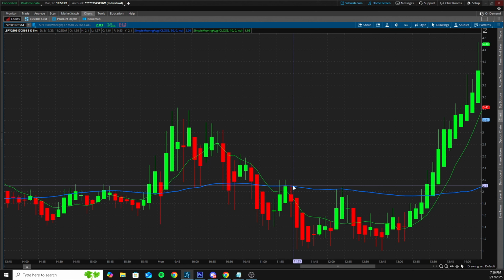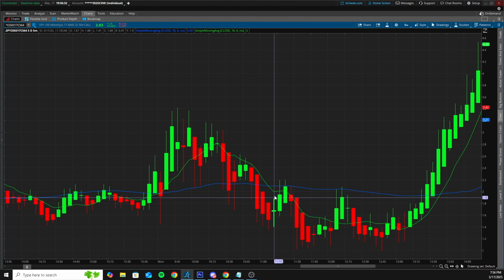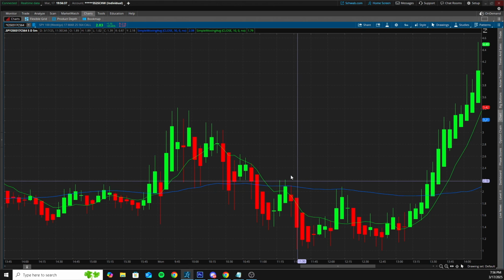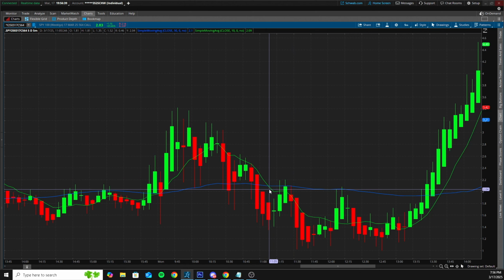That 50 SMA is a pretty solid spot to add. This little pop up here near the 10 was your spot to get in. And right here, you could have averaged down a little bit more if you wanted. Obviously, I wouldn't be throwing on crazy size in this type of market since we are neutral. So I wouldn't be worried about holding since I'm not overly exposed or super heavy, because I know we're in a neutral market, and sizing is not an issue for me when we're in a neutral market. So maybe you could hold a little bit longer. There's no reason to close this trade.